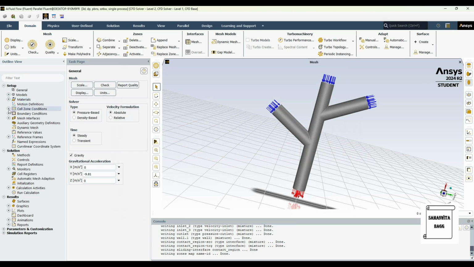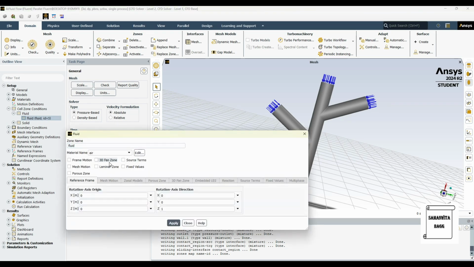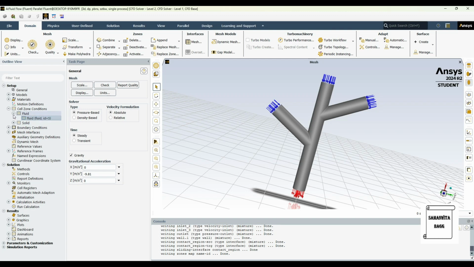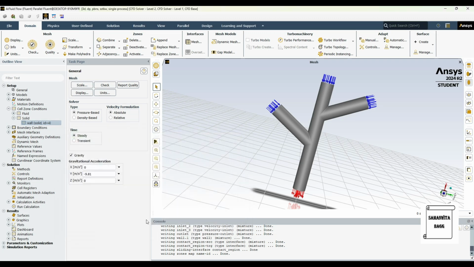Now once we have selected the material, we'll go to cell zone conditions, fluid, and I'll double click here. I'll change the material name to water liquid and apply and close. Then I'll go to solid and double click on the wall. I'll change the material name to steel and apply and close.